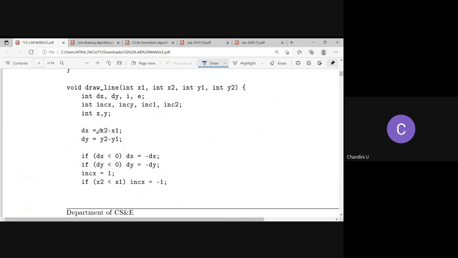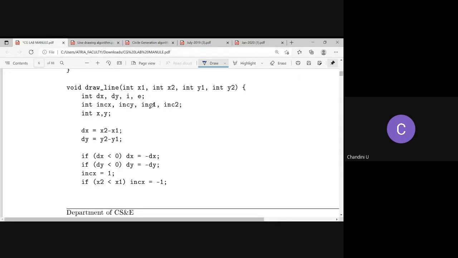For that, first of all, you have to initialize the variables dx, dy. You also have something called i and e. i is for looping, and e is for calculating the decision parameter pk. Instead of pk we are using e here, and then you have certain other things, increment x, increment y, increment 1, 2, that we will come back to when we are explaining this.